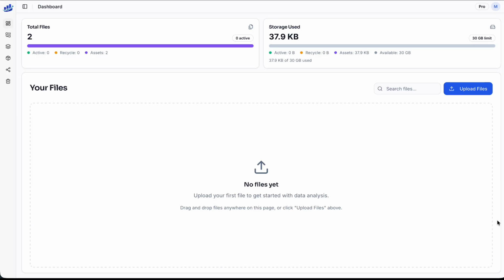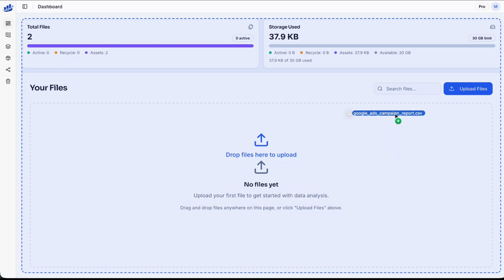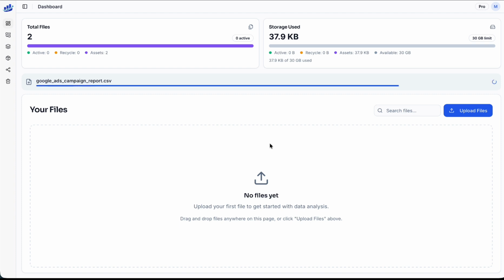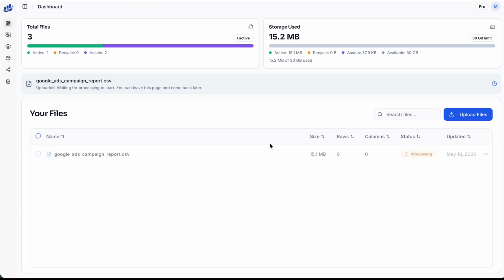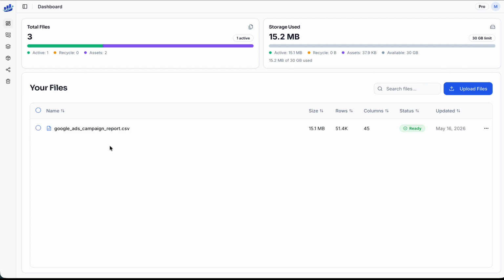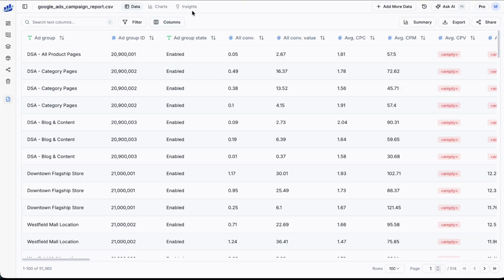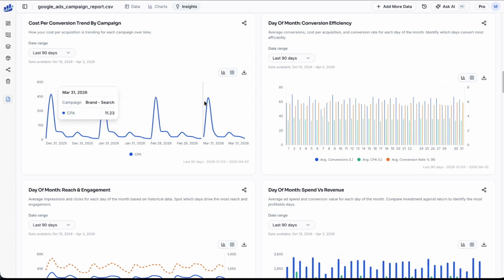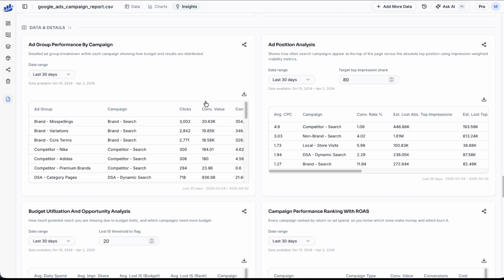Now we are in the ParseBase dashboard. I'll just quickly drag and drop a Google Ads campaign report here. Once it's uploaded, ParseBase will automatically detect it's a Google Ads file and it will build custom insights for us. So if you see here, we have custom insights of every kind on which we can create a client